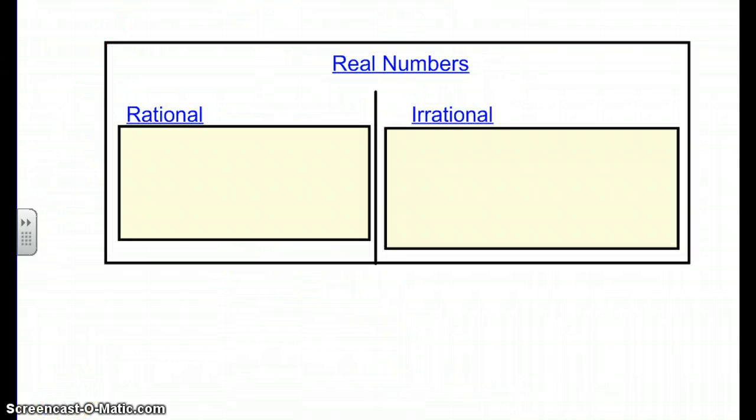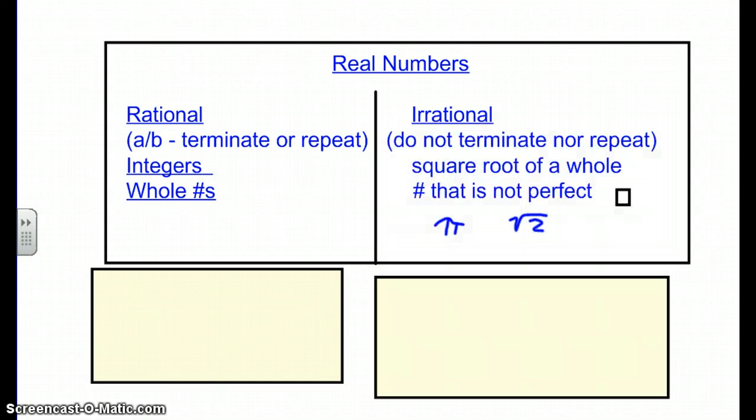Let's review one more time the difference between rational and irrational numbers. Rational numbers, just straight division, right? Square root of a non